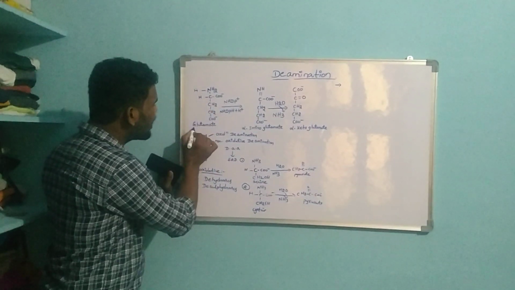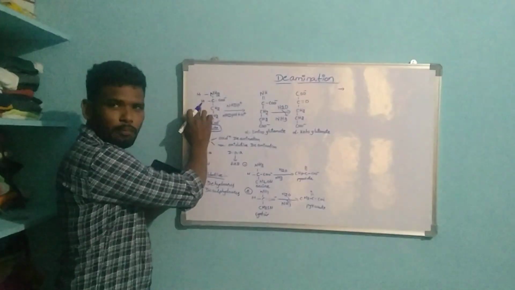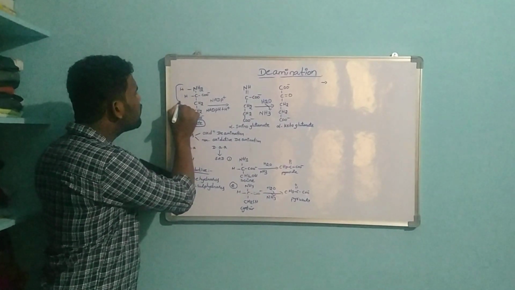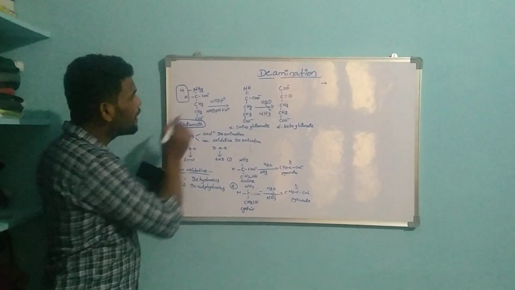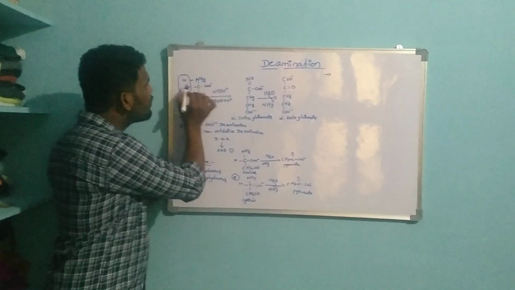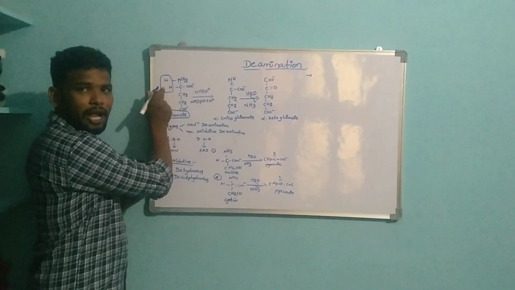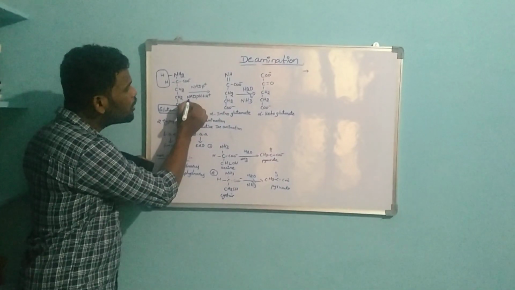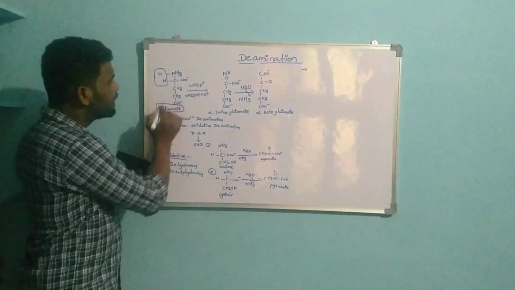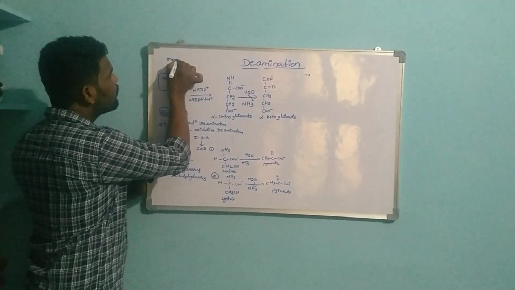If you take an amino acid like glutamate, glutamate consists of three hydrogen molecules, and of these, two hydrogen molecules are liberated by the addition of NADP, and this NADP gives a positive charge. So this NADP accepts the hydrogen molecule and gets converted into NADPH and H plus ion. Do you understand? So deamination is nothing but the removal of